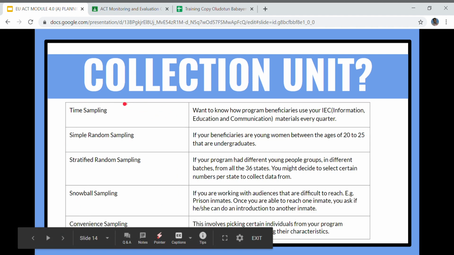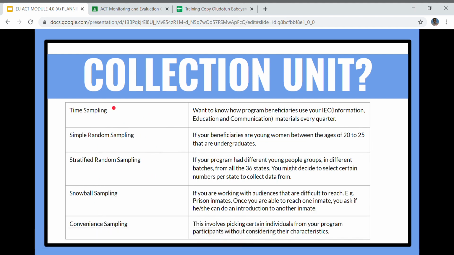So we have different types of sampling. In fact, there are many more than we have outlined here, but this is just for your information, and to help you be able to say, oh, this was the kind of sampling that we used for this group of young people that were in our program. So you could use time sampling,